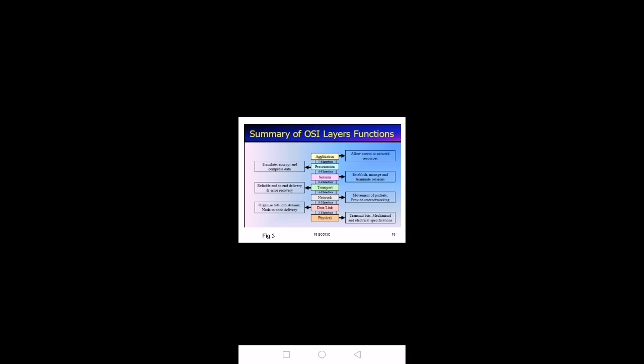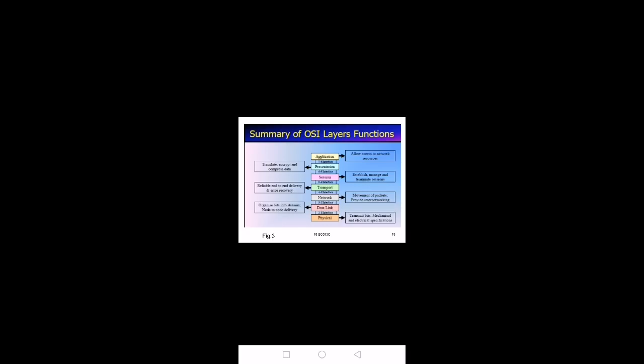So from the top, application layer allows access to the network resources, and next one is presentation layer. So it will translate the data, encrypt the data and compress the data. Session layer, what it will do, it will establish the connection, manage the connection and terminate the session.